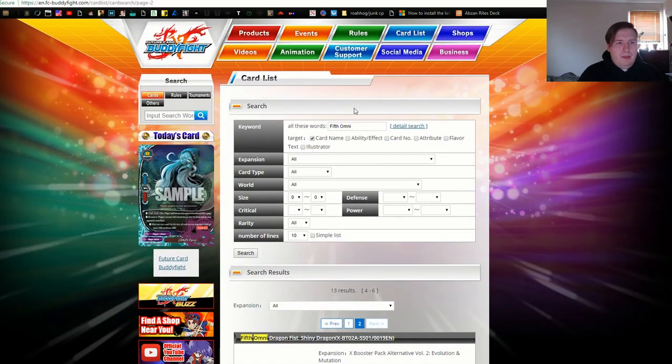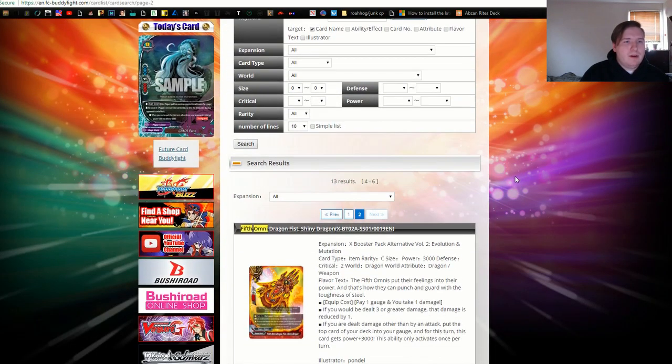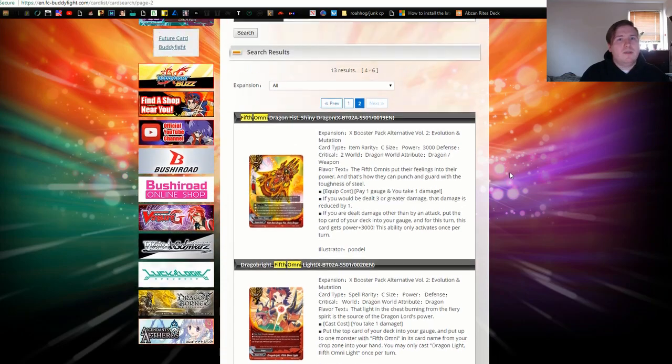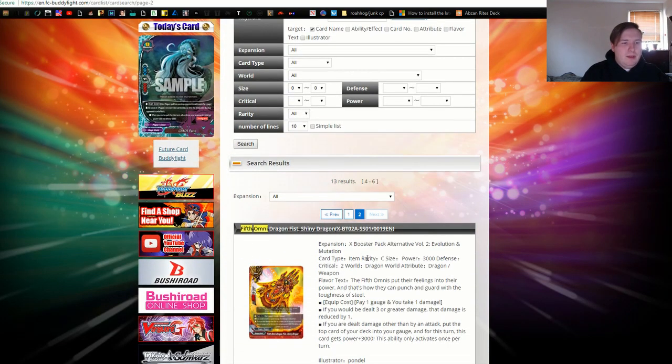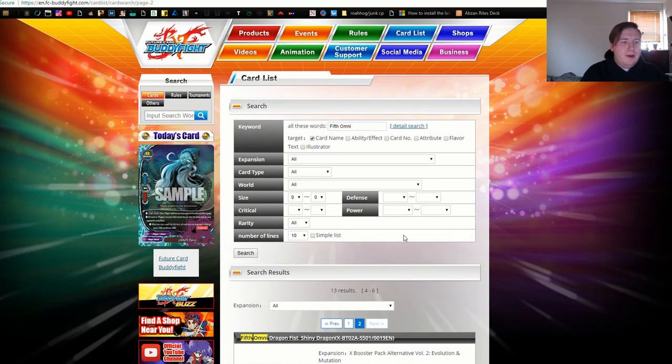Now we're going to talk about how to search for cards that do what you want. So right now we've seen that everything that we're looking for is in Dragon World. Knowing the game is the easiest way to put that. So what we're going to do is we're going to look for an ability or an effect that says take 1 damage,